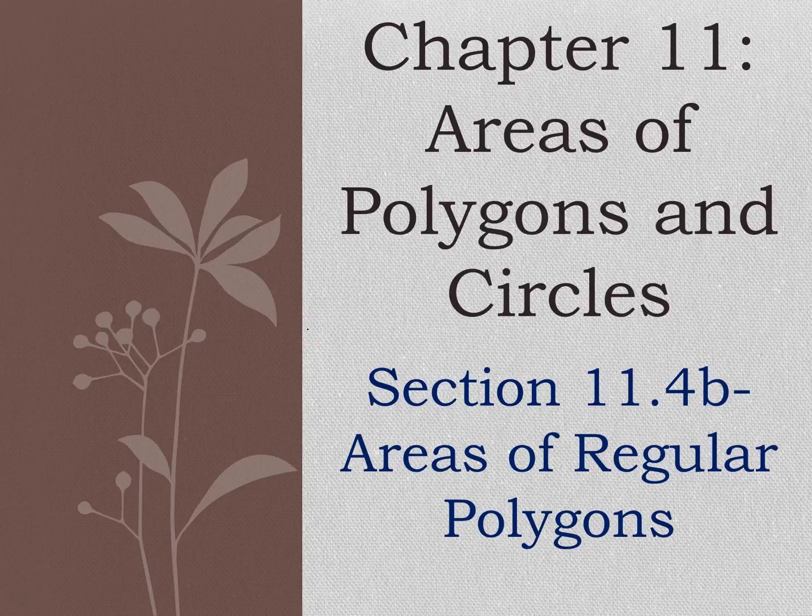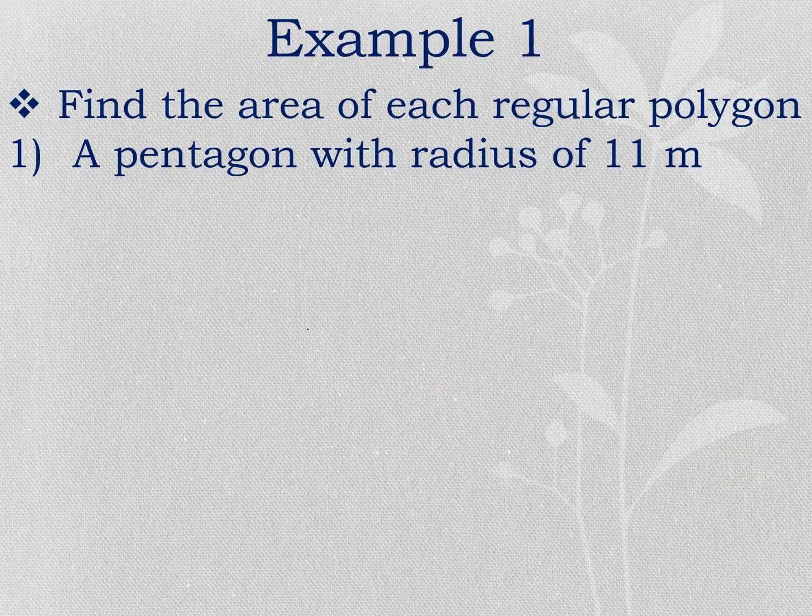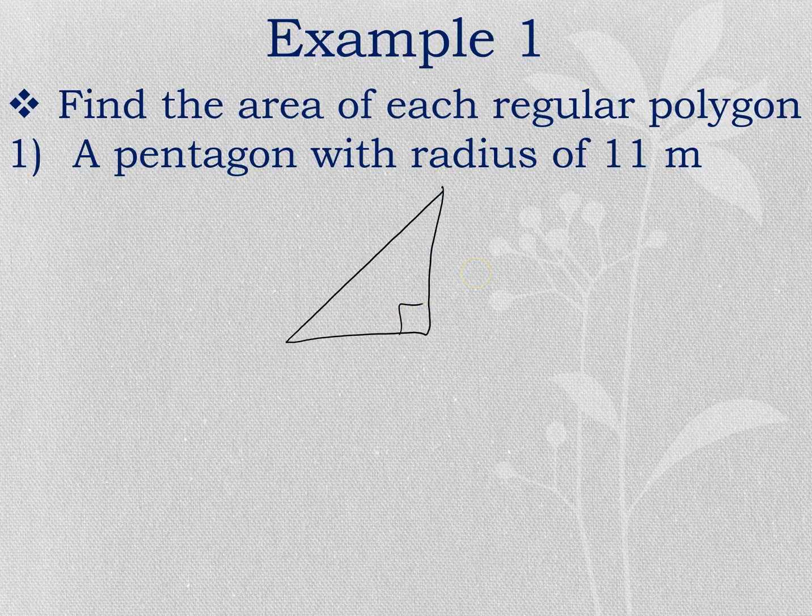Alright, so today we're going to begin our second part of our discussion on areas of regular polygons. Today we're focusing on when given the information about the radius of the polygon. So, we want to find the area of each regular polygon for, in this case, a pentagon with a radius of 11 meters. Now, if you remember from our original diagram last time, we had the setup where we had